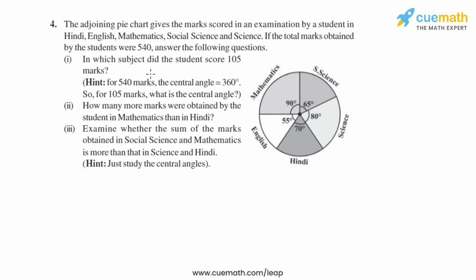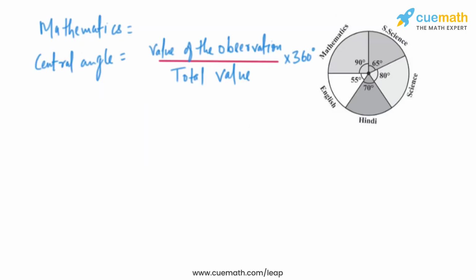So let's find the marks they scored in all the subjects, and the central angle is given and the total marks is also given, that is 540. So let's start with mathematics, and we know the formula to find the central angle, that is value of the observation divided by total value into 360 degree. So the central angle of mathematics is given, that is 90 degree, and let us consider the value of the observation, the marks obtained in maths, is x divided by the total marks, which is